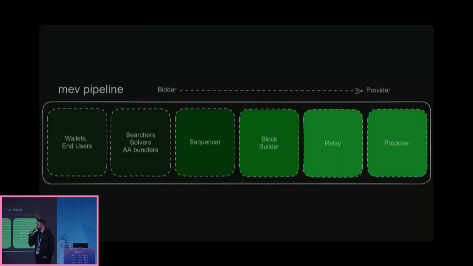What's interesting about how we've set up this network is that it doesn't care whether you're a proposer, or sequencer, or block builder, or whoever else. It's that you're on a bidder role for someone else in the MEV pipeline, and you're a provider for someone else in the MEV pipeline. And this allows for a host of applications to be developed on this platform, because basically we cannot even imagine this design space and what it means for these actors. And the fact that they can coordinate over this network and achieve things on Ethereum makes it super powerful.